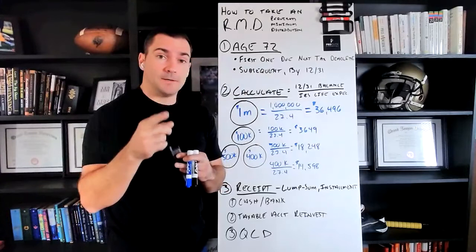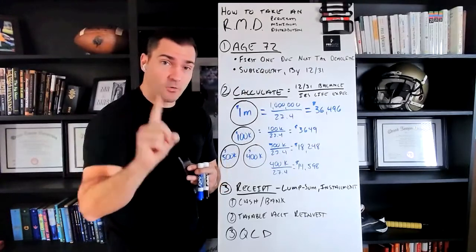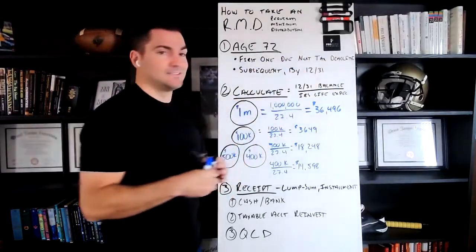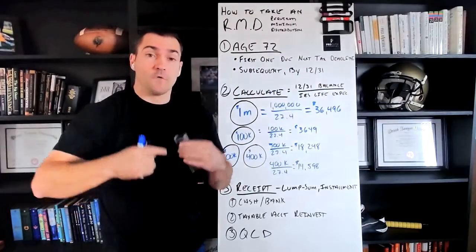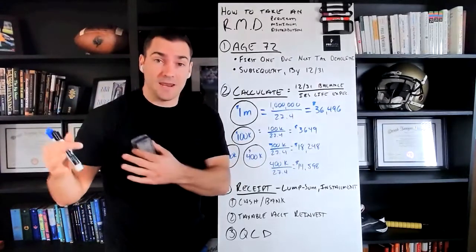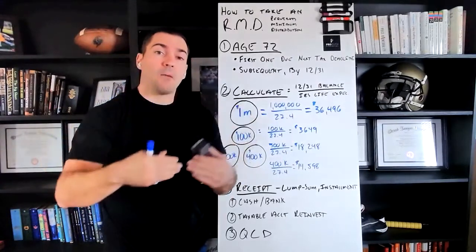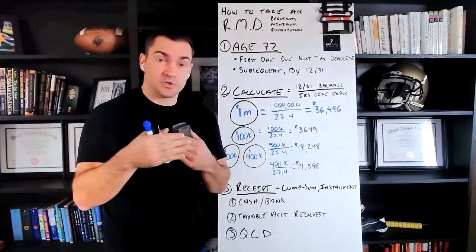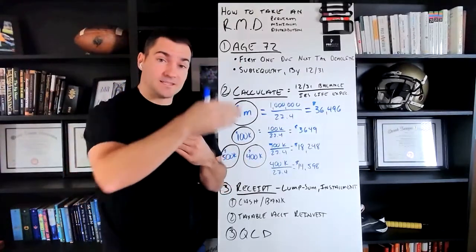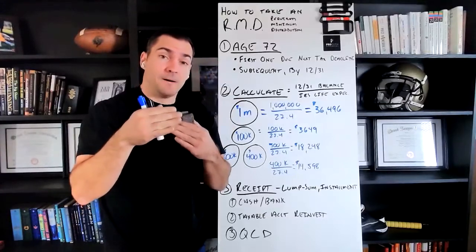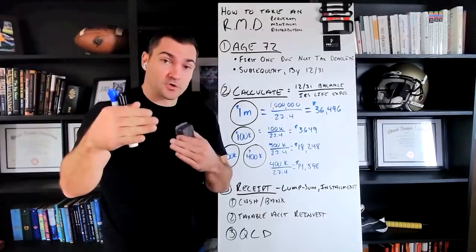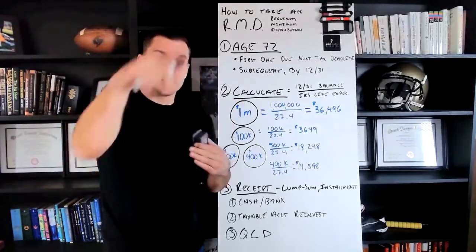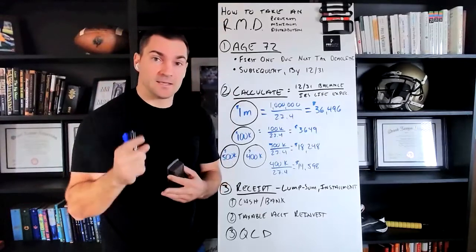You've got to take a required minimum distribution this year, but your very first one, the IRS gives you a little grace period. The first one is due by the next tax deadline. So for an RMD to not be penalized, you have to pull it out by December 31st. So if you turn 72 in 2022, you've got to do it by December 31st. But they give you a grace period for your first one. But all subsequent RMDs for the rest of your life have to happen by December 31st.